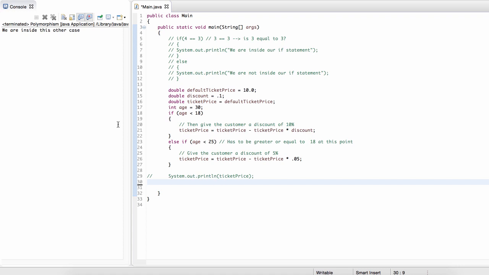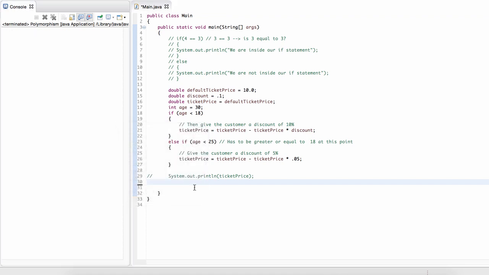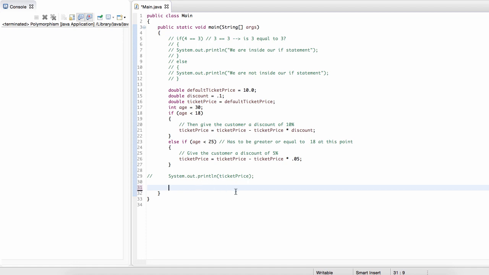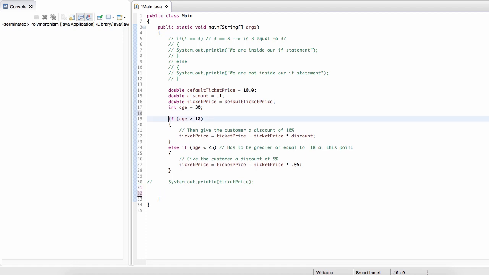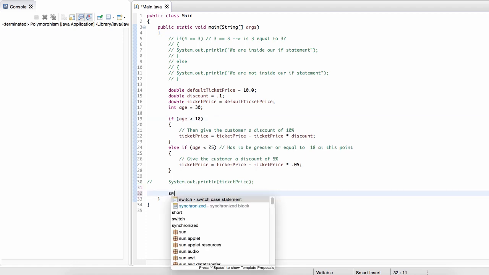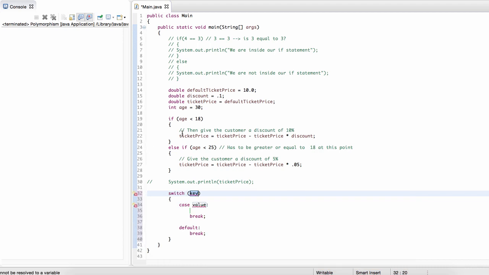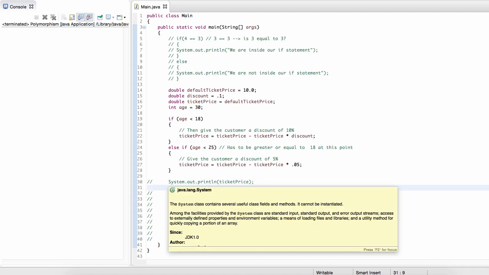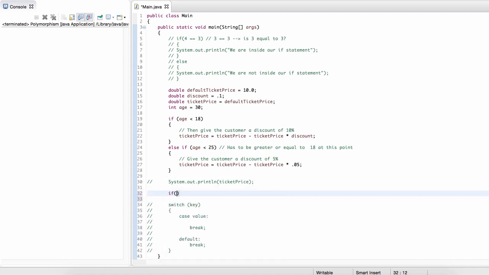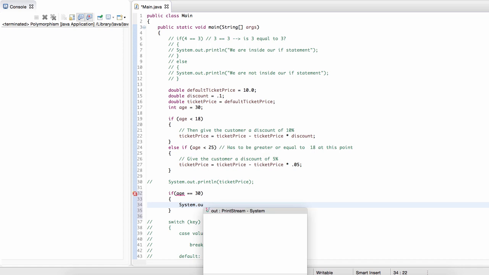Hey guys, welcome back. So in this lecture we're going to be going over switch statements. Switch statements are very similar to if-else statements, but they make it a little easier to write out these if-else statements if the chain of them gets too long. Just to show you what I mean really quickly, suppose we had something pretty complicated, like if the person's age is equal to 30, then tell them